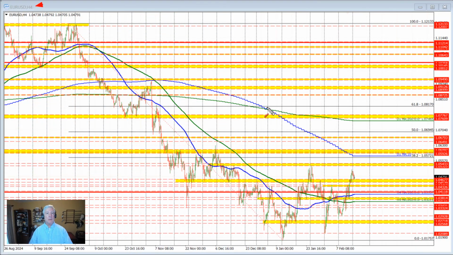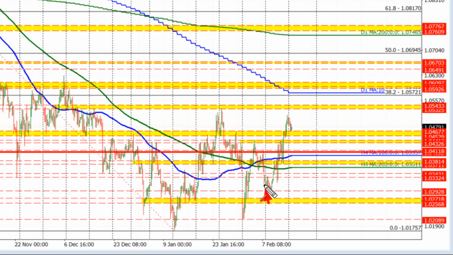Looking at the 4-hour chart of the euro versus US dollar, in trading last week on Monday in the Asian session, we traded near the low for the week before moving higher and then back down to a new low for the week before basing and starting its rotation to the upside. That move to the upside took the price back above